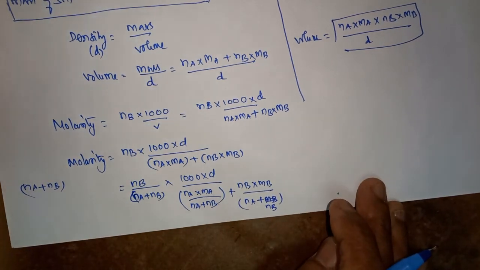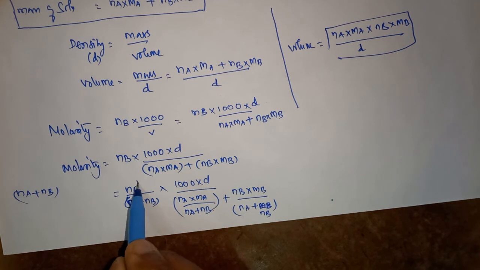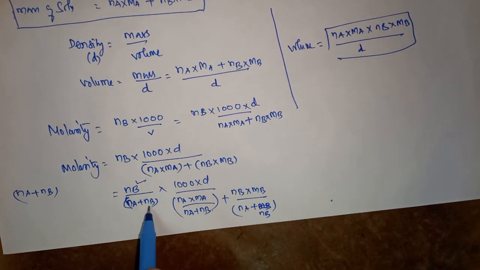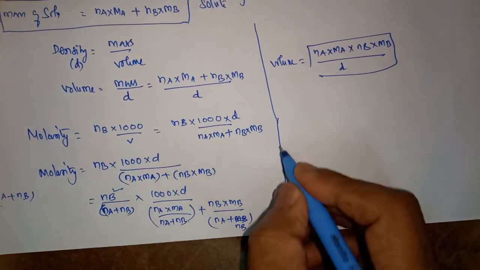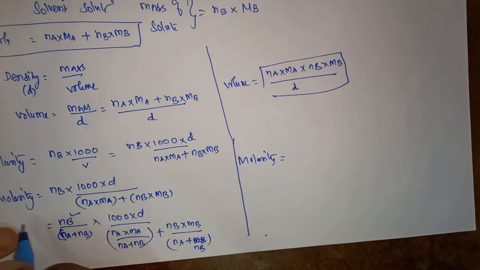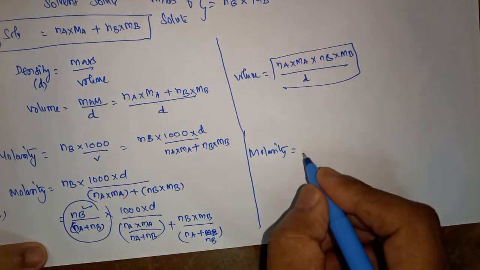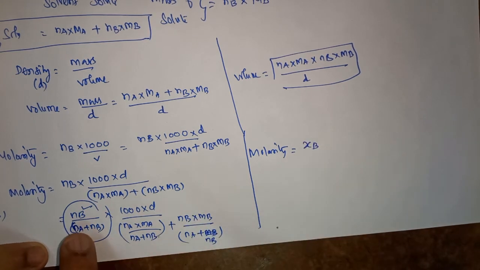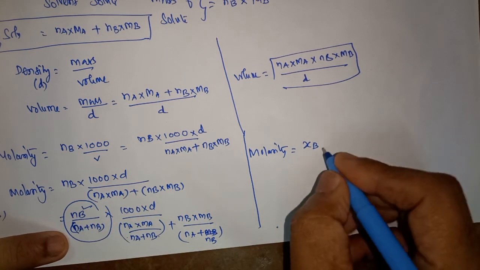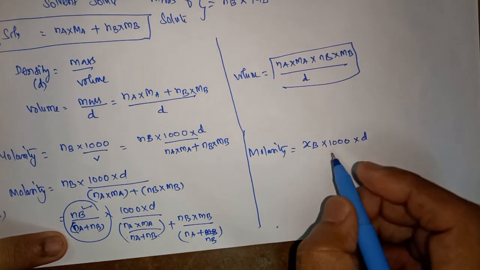Now when I solve this, what happens here? Nb by Na plus Nb means the number of moles of solute by the total number of moles of solution. That is called the mole fraction of the solute. So I write here, instead of this term, Xb. What is X? B stands for the solute. So it is the mole fraction of solute into 1000 into D, whole divided by